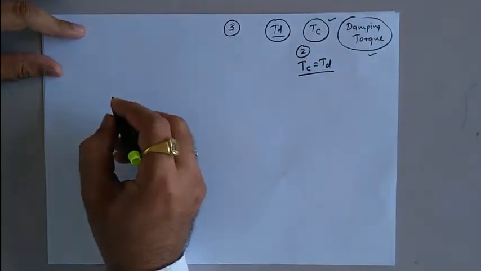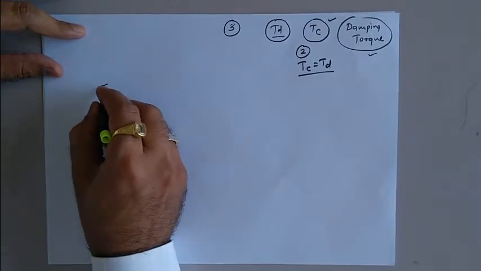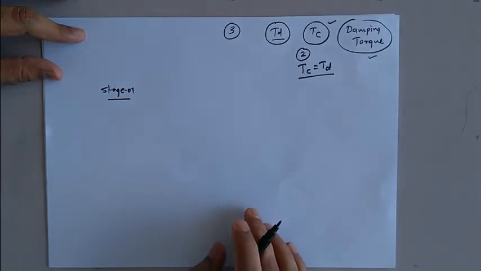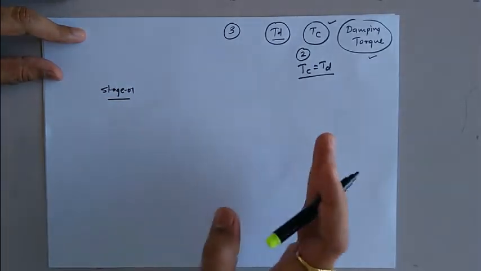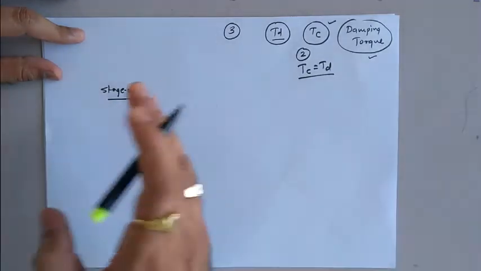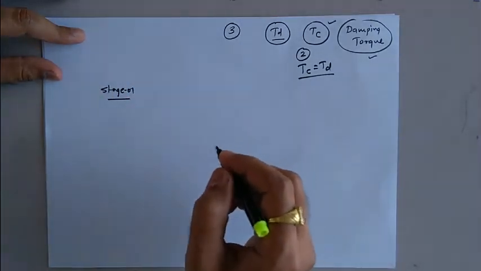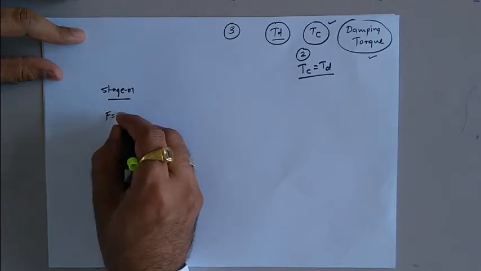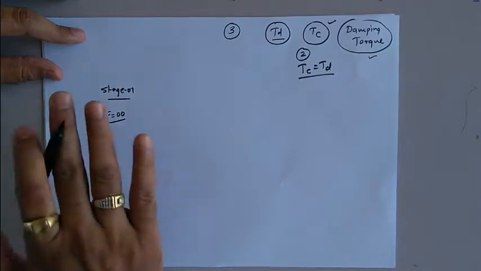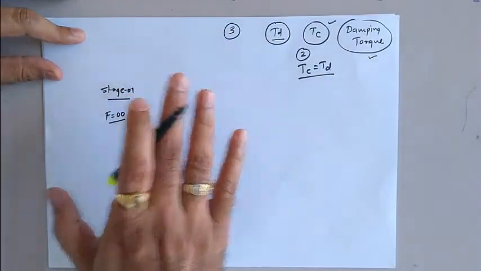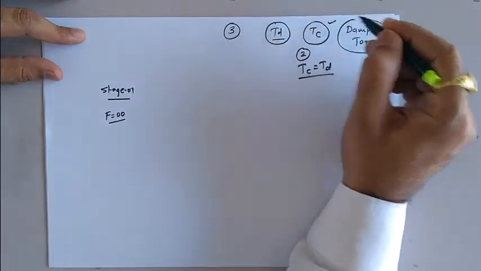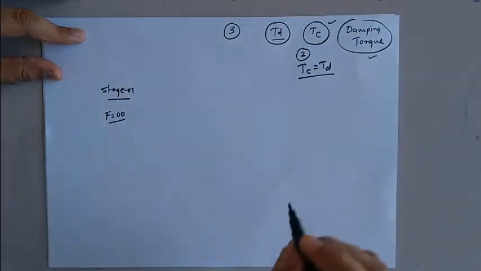For example, let us consider the first instant, or you can say first stage, when the analog instrument is not connected to the circuit, or you can say that it is not connected to any input excitation system. In that case, the total number of forces developed in that instrument are going to be 0. That means किसी भी प्रकार का कोई भी टॉर्क उस पर्टिकुलर इंस्ट्रूमेंट में डेवलप नहीं होगा, ना तो डिफ्लेक्शन टॉर्क रहेगा, ना तो कंट्रोलिंग टॉर्क रहेगा, और ना ही डैम्पिंग टॉर्क रहेगा.